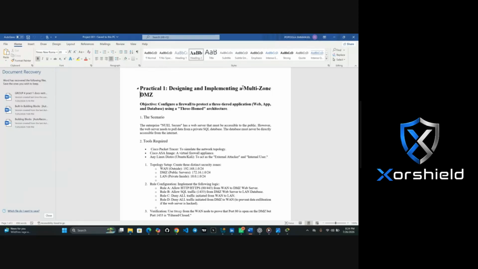And what this practical is telling us is how to use a firewall to protect our applications with the likes of web, app, and database. And one thing I would also like to explain is the difference between web server and database server.